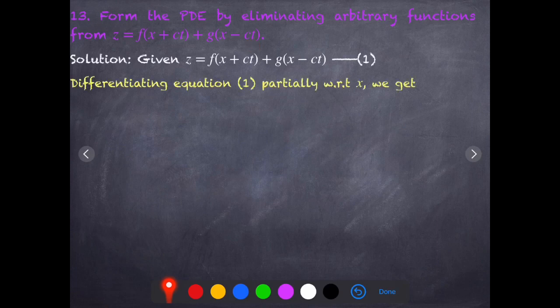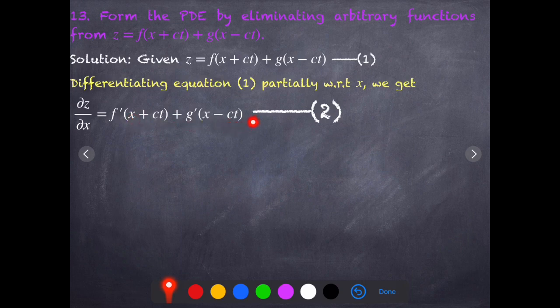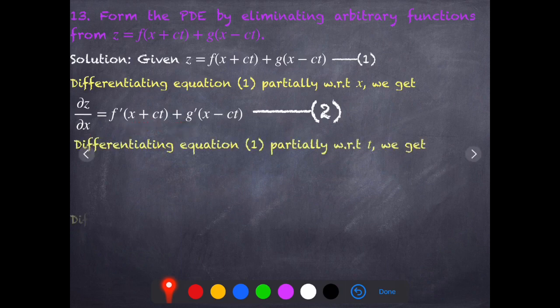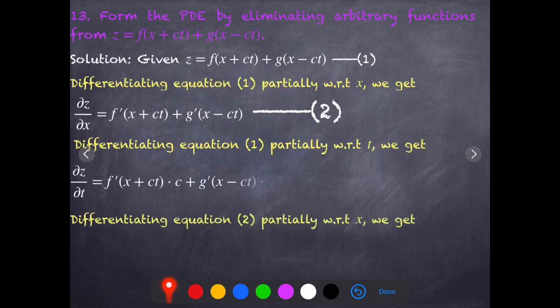Differentiating partially with respect to x, we get ∂z/∂x = f' + g'. The coefficient of x is 1, so we won't get any multiplication. Remember, don't use ∂z/∂x as p, since z is a function of x and t. Now differentiating 1 partially with respect to t, we'll get ∂z/∂t = f'